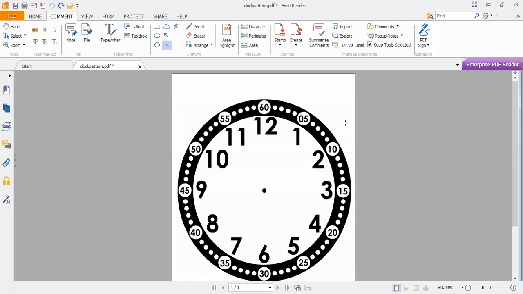Our session today will be about time, an introduction about time. We're going to learn today how to read the clock and what the hands on the clock are. Okay, first thing,